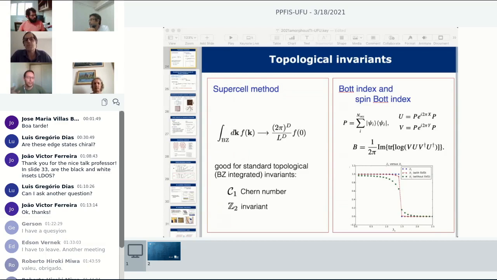Then you could start from the clean system, calculate it, add a little bit of disorder, and the numbers should not change very much. That's my point: you can go from the clean system to the disordered system